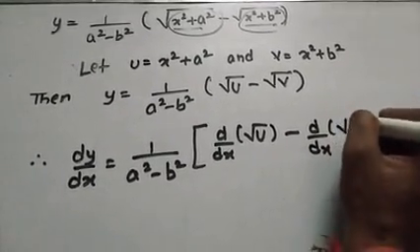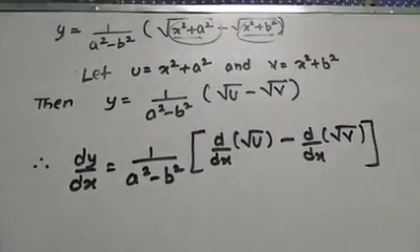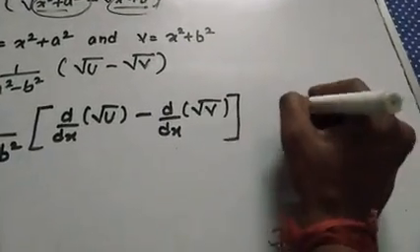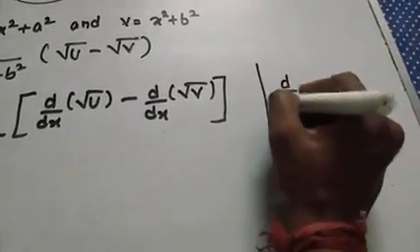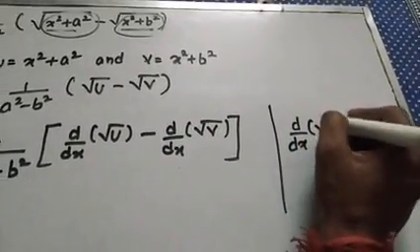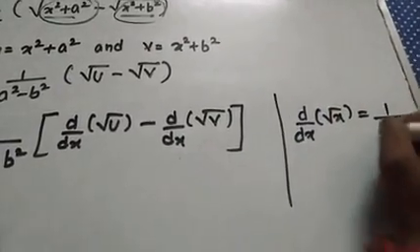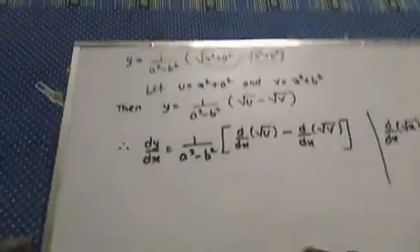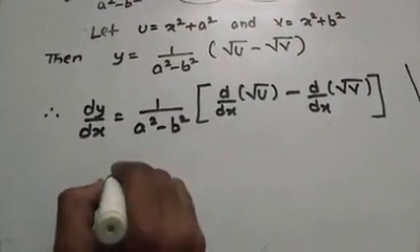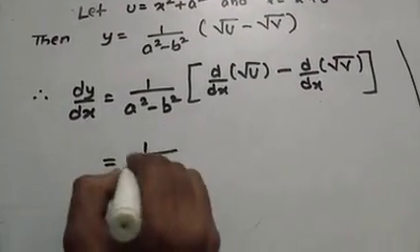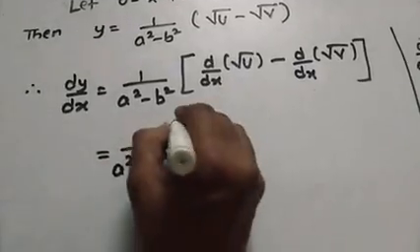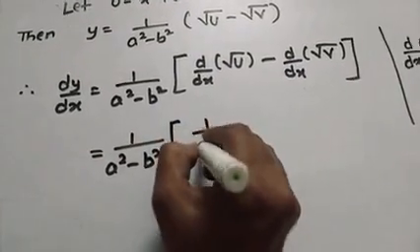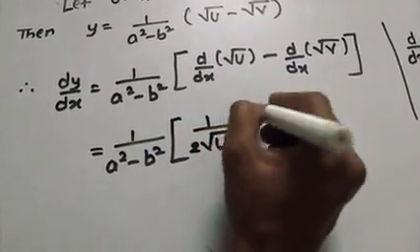root over v. Okay. Now what is d/dx of root over x? d/dx of root over x, we know that it is 1 by 2 root over x. Just remember that. So we will use that here. It will be 1 by 2 root over u. Now